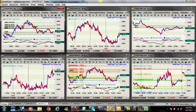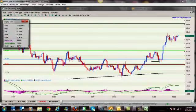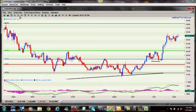So let's go look at the next pair. All right, we're looking at the dollar yen, and you can see here since this date, around November 22nd, right before Thanksgiving, pretty much what happens around the holidays, you tend to get price to get into a consolidation mode. What happens is a lot of traders don't work past Thanksgiving, and I know this from